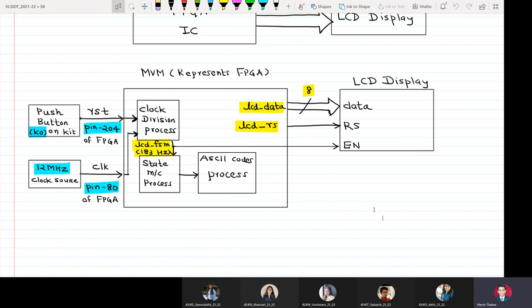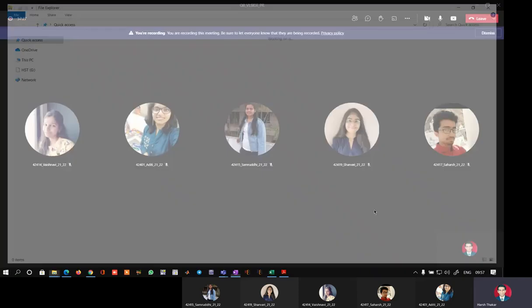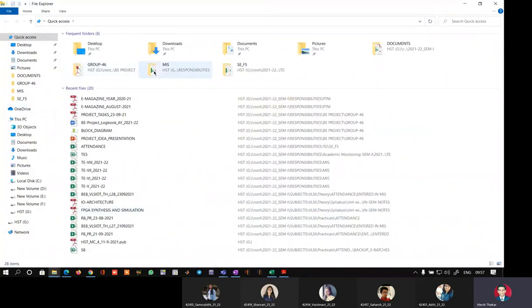For that, we will see how the kit looks like and how we have to decide where the input A will come from, where input B and the function bus will come from, and where the output vector Y and the carry underscore borrow output will be shown. That is why we go to our manual and see how the manual looks like.